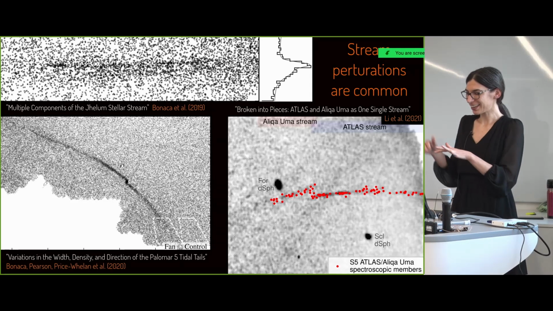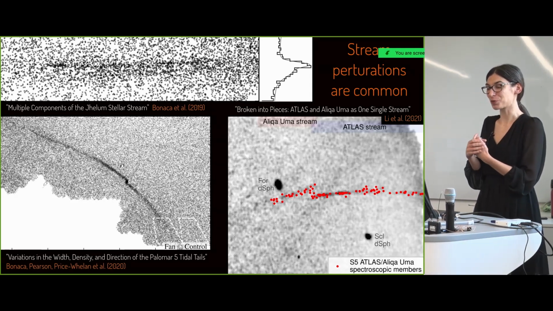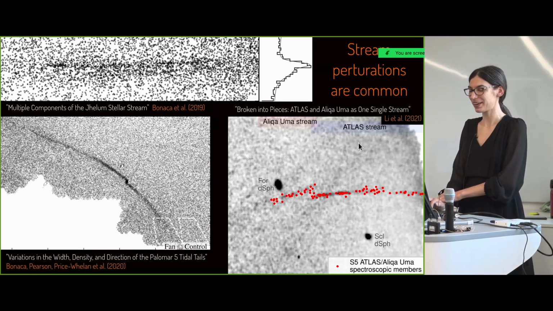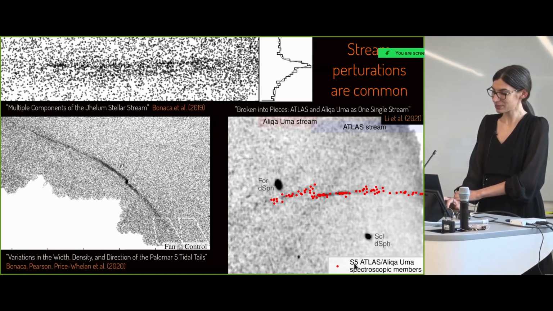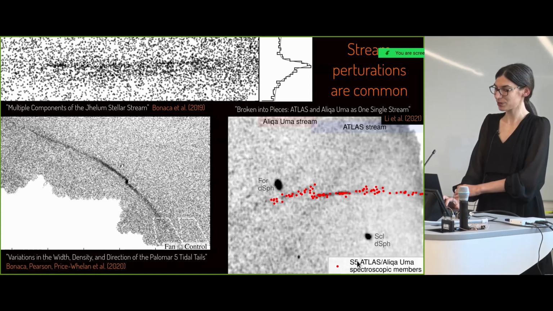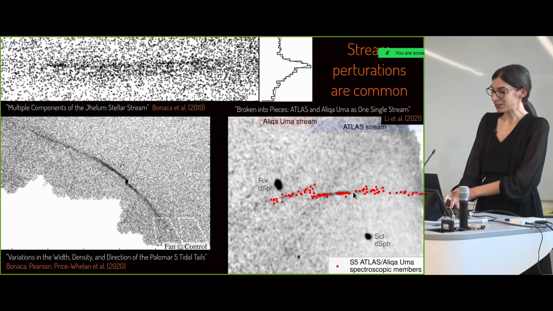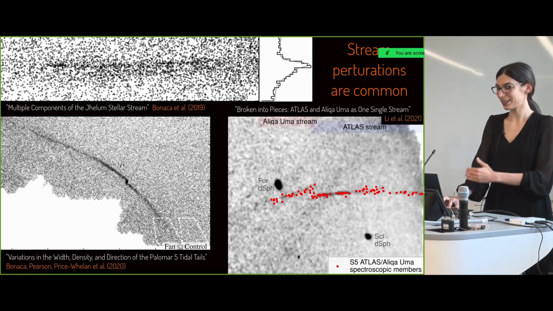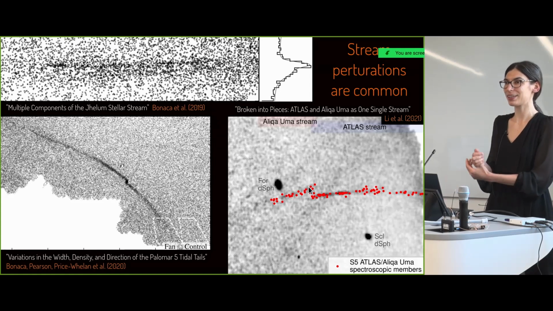And then finally, I have this interesting case of what we originally thought were two stellar streams called Alika Uma and Atlas. But when Tingley went to measure radial velocities with S5, part of the S5 survey, which, as you know, is here at AAT, they found that actually they have consistent radial velocities and appear to be part of the same structure, and this break is some kind of spur feature that we were seeing in GD1.